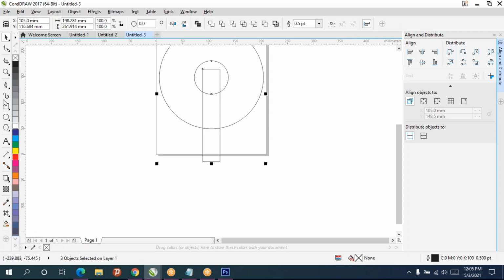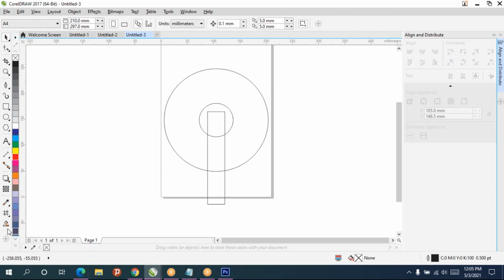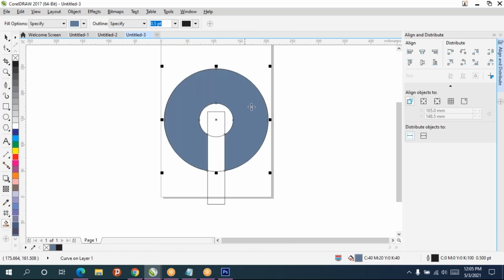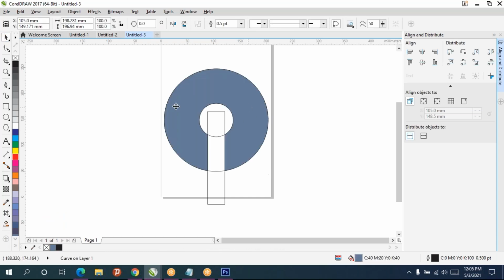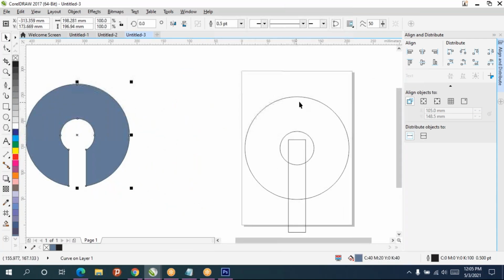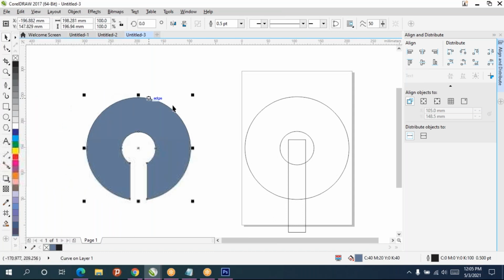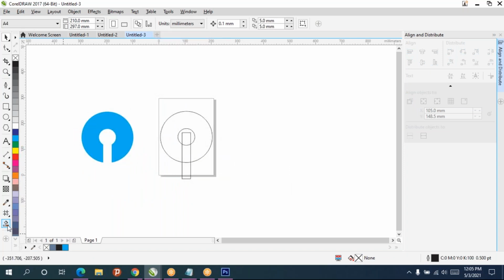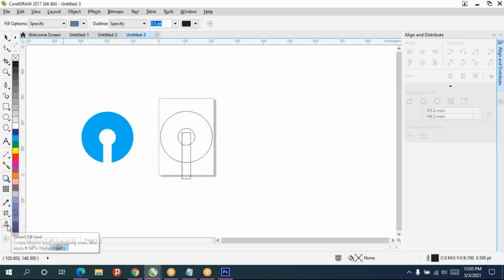Then take smart fill. Which is below mesh fill and interactive fill, we have smart fill. Just one click on that and then click here. So whichever shape you want, only that shape you can get easily. The old one will always be there, the new shape it will create. And we can give the color, remove outline. So this tool is more useful for creating logos. Smart fill.